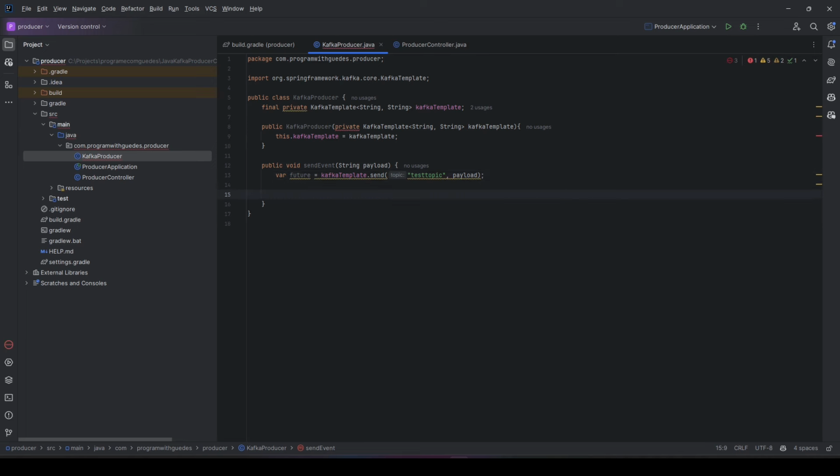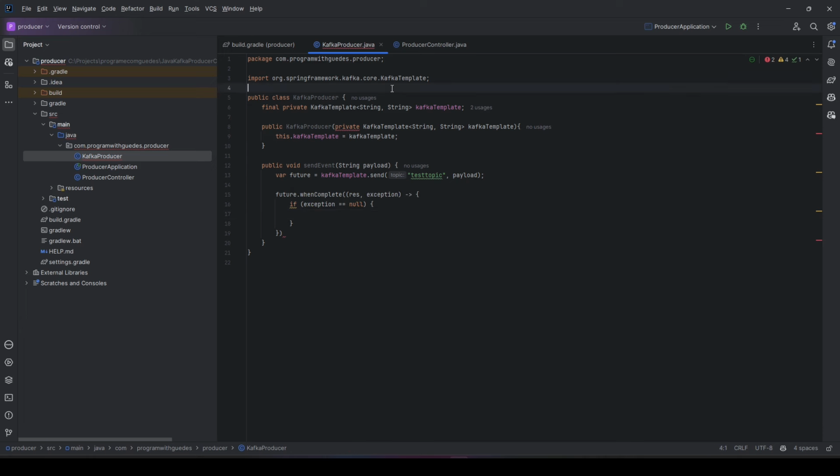Now we will create a validation to check if our event was sent. future.whenComplete. If exception equals null, here we just show a log info if the event is sent successfully.